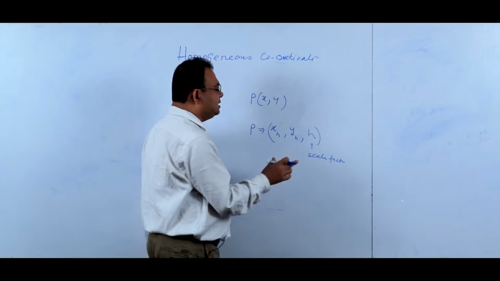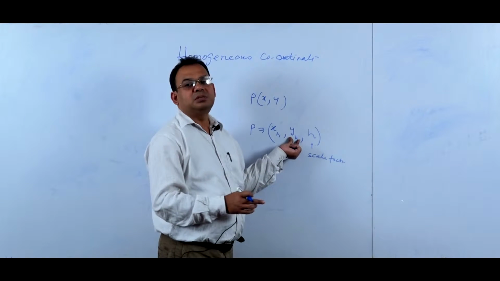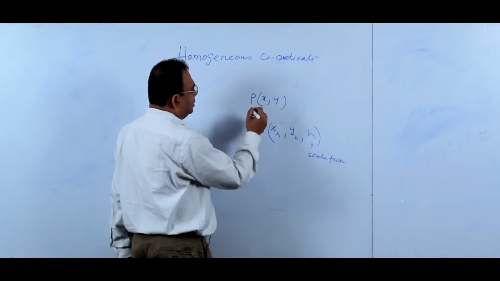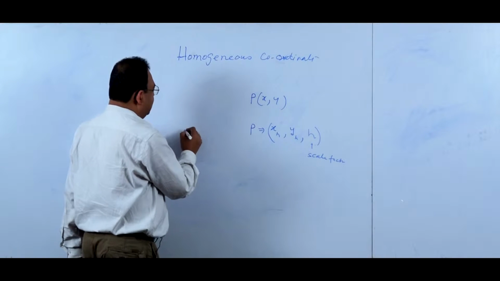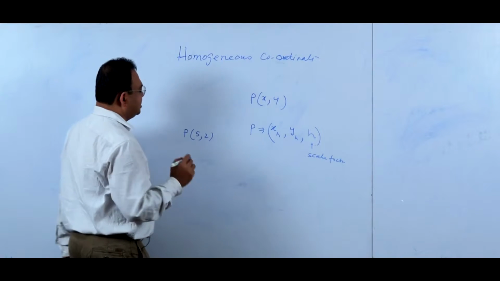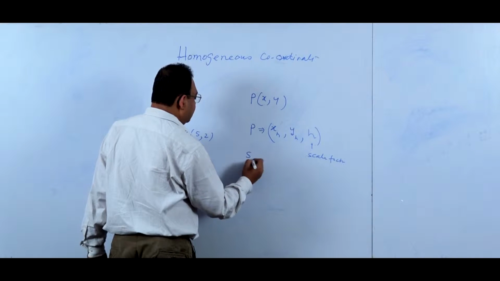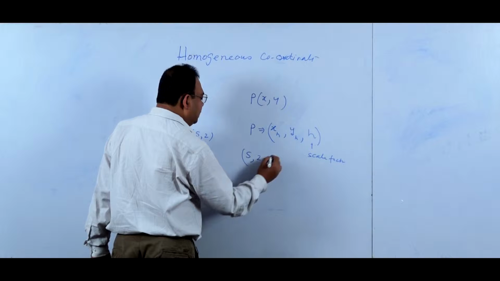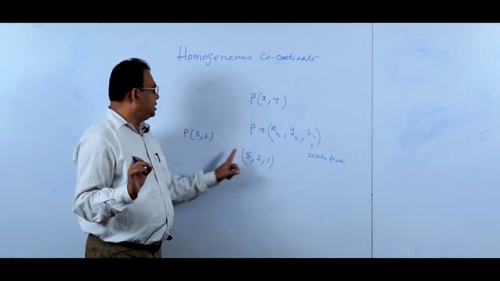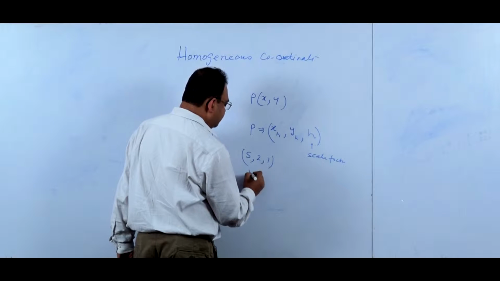This scale factor means this is the unit using which this xh and yh are measured. Let us take an example. Suppose any point P is represented by 5, 2 in the non-homogeneous Cartesian system. It can be represented in the homogeneous system as 5, 2, 1, if I consider 1 is the scaling unit by which this 5 and 2 are measured. The same point can be represented as